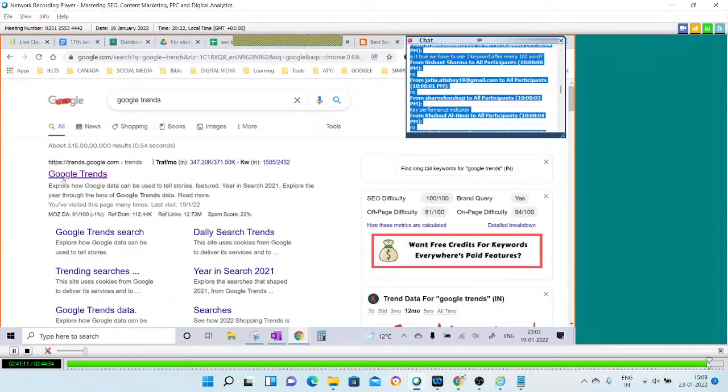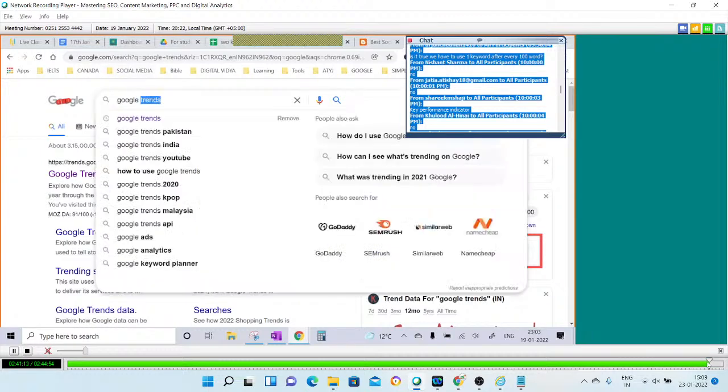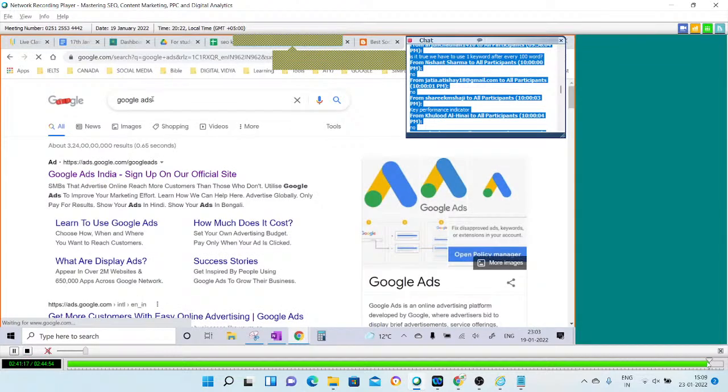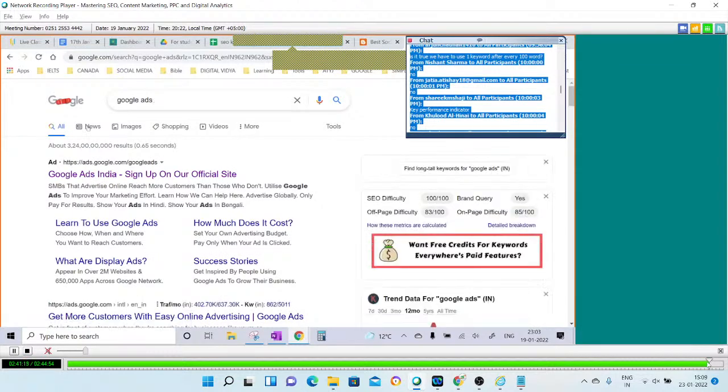And the ones who are facing a problem in Google Ads account making, just be here. So you come here and you write Google Ads. The very first thing, please watch it if you have not seen it earlier. And then you go here. And Nishant, you can leave. Yes, you can leave. The poll was done during the class.